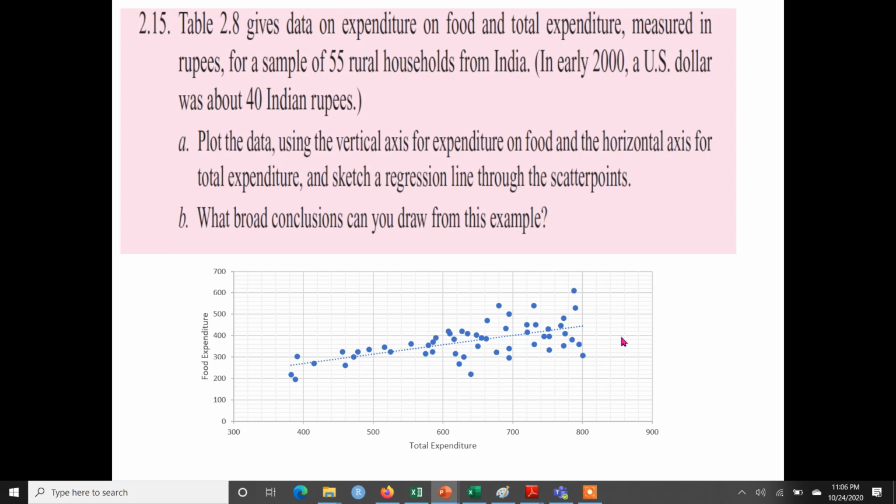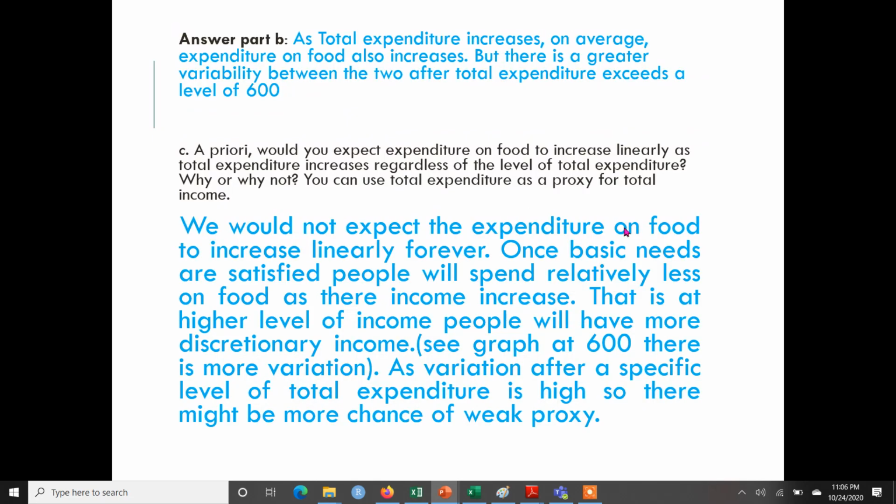for example, let me show a detailed description. We would expect a positive and linear relationship between the two variables, but we can't expect this linear relationship to keep increasing forever, because there is a certain limit on the total food expenditure. It's easy to understand. Let's imagine that there are two families. One family is relatively, let's say, a poor family, and another family belongs to the upper class or the rich group.